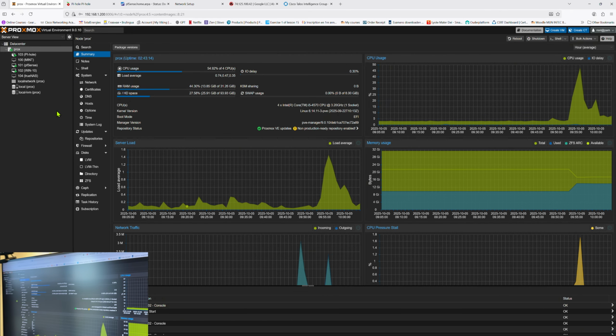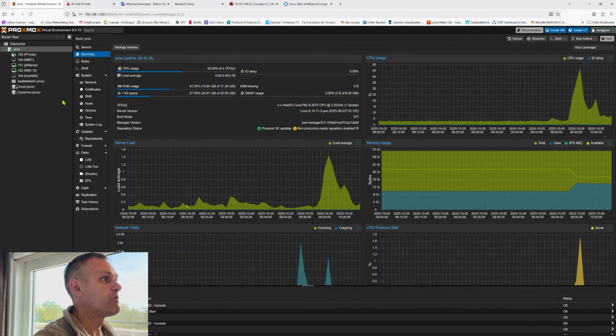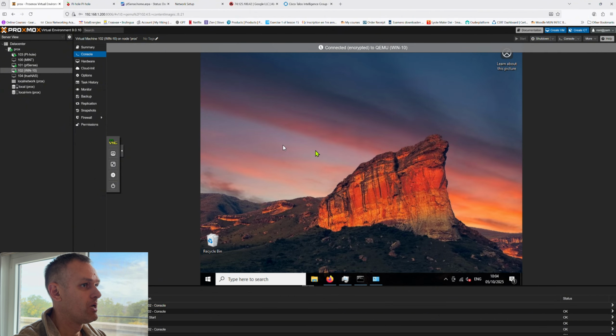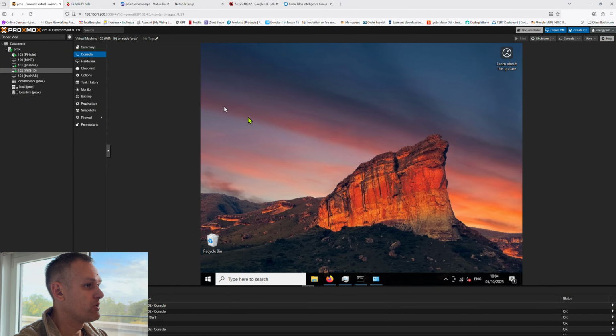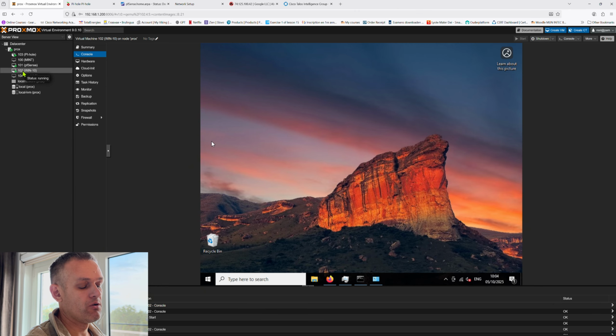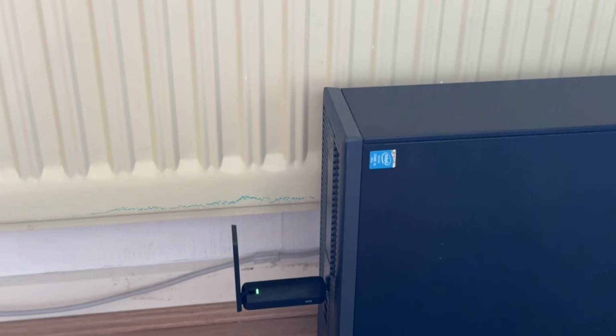Okay, go ahead. Further. Here I want to show you an example, on this virtual machine. This virtual machine, which is Windows 10, doesn't have a physical connection with cable or even a connection through a virtual interface to the pfSense LAN, but it has a connection through a USB Wi-Fi module. I want to show you this. Look at this. Here you can see